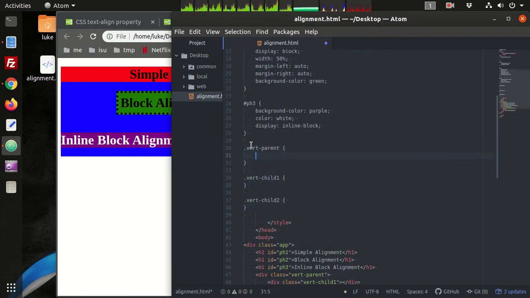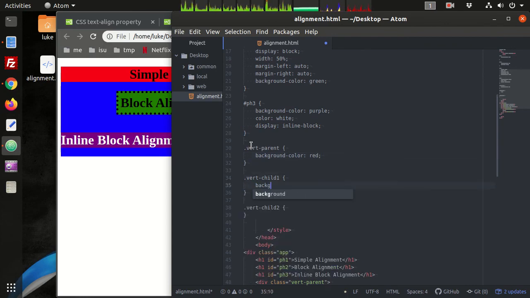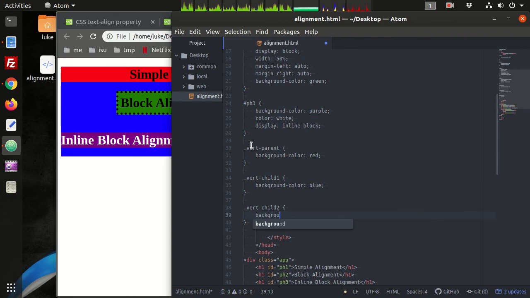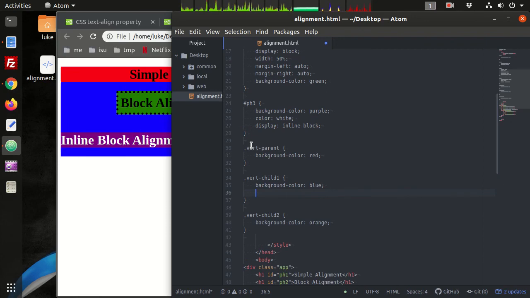The first thing we might want to do is make some background colors so we can tell what's going on. In order for us to see anything in the children, we might need to specify a width, and we'll say this is going to be 100 pixels.